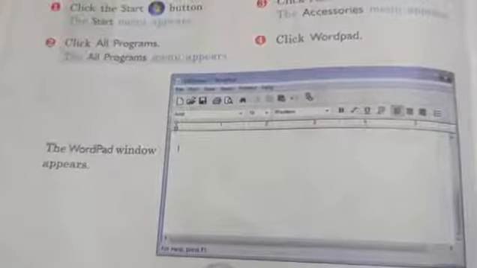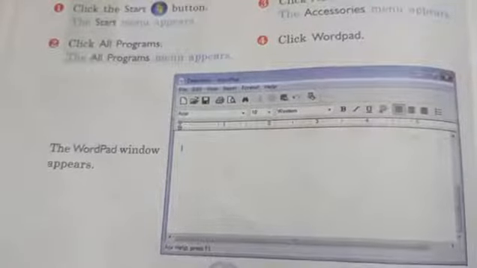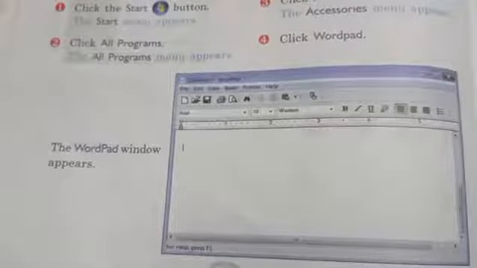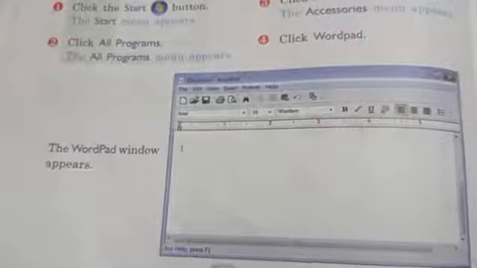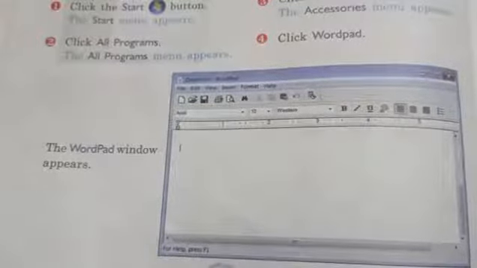Okay, students. Now our revision of the 9th chapter is completed. Your homework is, if you have a computer or laptop at your home, you have to practice Sound Recorder, Games and